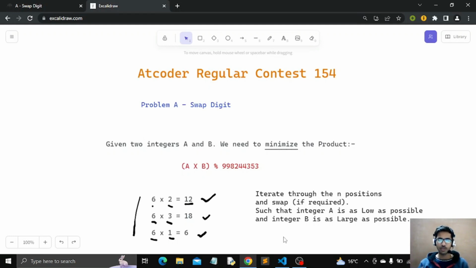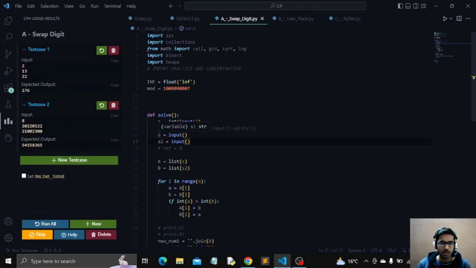Now let us see the code of this problem. Here we are first inputting n, which is the number of digits. Then we are inputting the two integers, and we are inputting them as strings. Firstly I have converted the two integers into a list of digits, and after that, as I said, we will